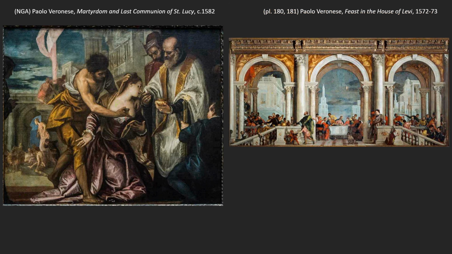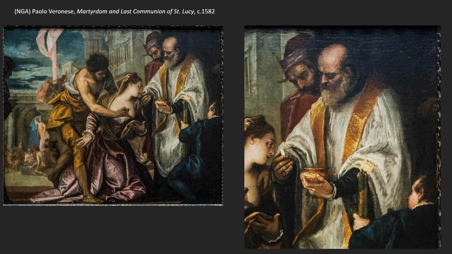What's not part of the legend is her receiving her last communion at the moment that she's stabbed. That's something that Veronese has stuck in here. Now, it's weird, but it's nothing that detracts from the propriety of the image. Right? In fact, it adds to it, to the idea that her martyrdom leads to her glory in heaven. Right? And it happens at exactly the moment that she bares her breath to be stabbed. So those are nicely covered up. But still there's this idea of, why are you showing us this?